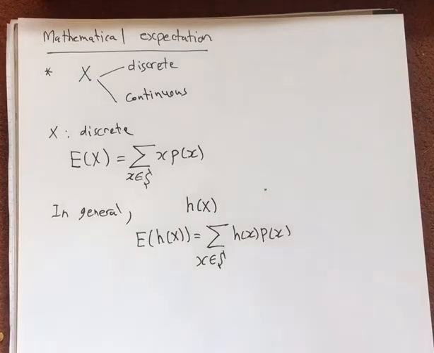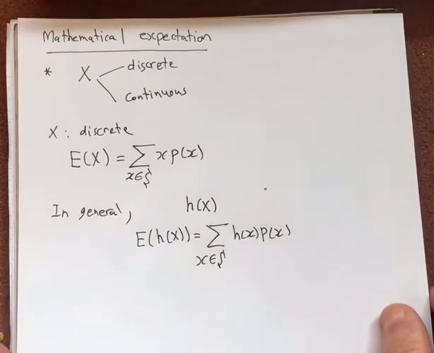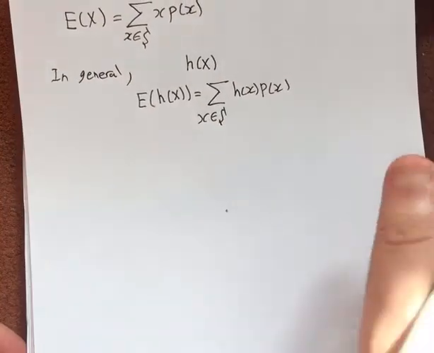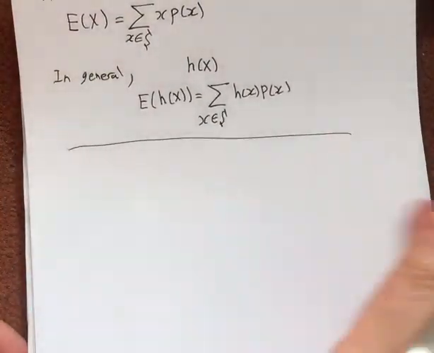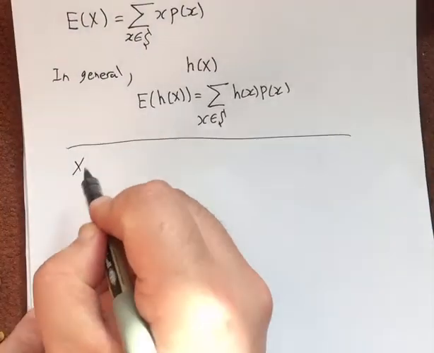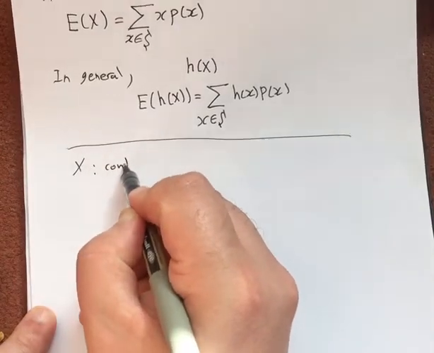Now this case is for discrete. Now if we take the other one, where X is continuous,